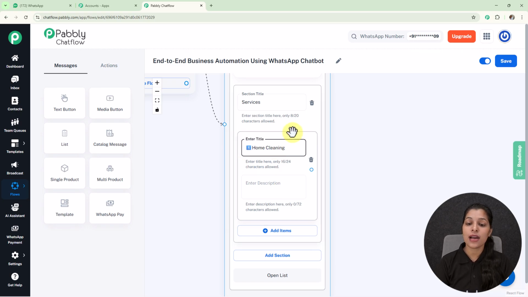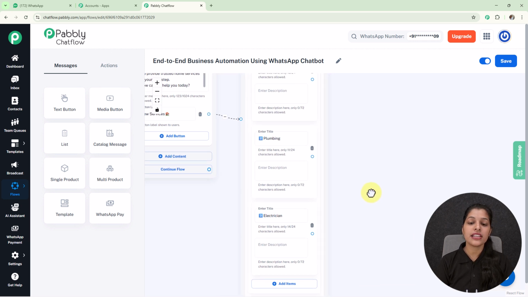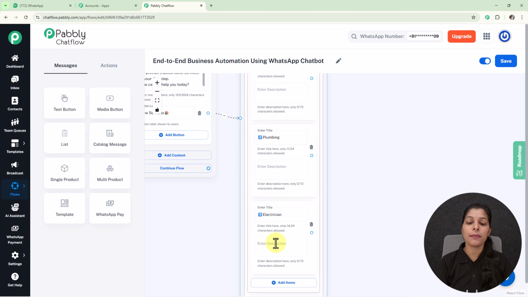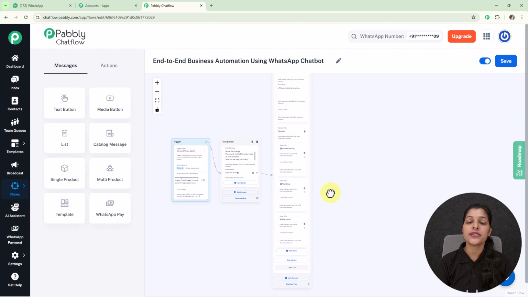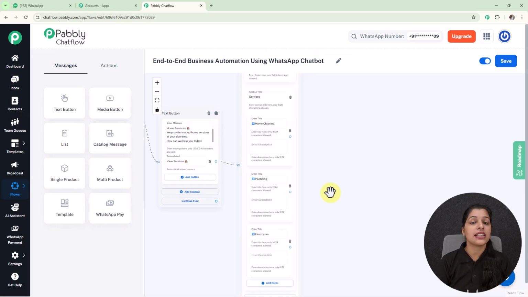Now likewise I am going to add some more items to this list. Here you can see I have added two more items to my list, that is plumbing and electrician. And now I am going to assign a contact custom field to all these list items. Now you might be thinking why do so? Because contact custom fields help us to store extra information, and I want to receive the service which my user has selected. So for that I am going to assign a contact custom field,